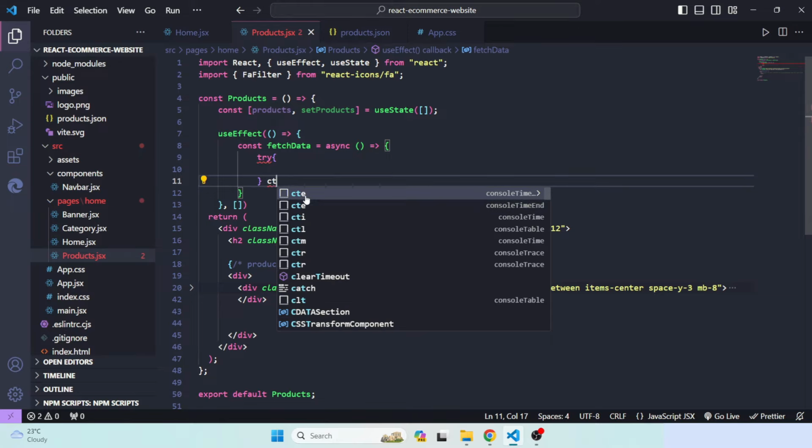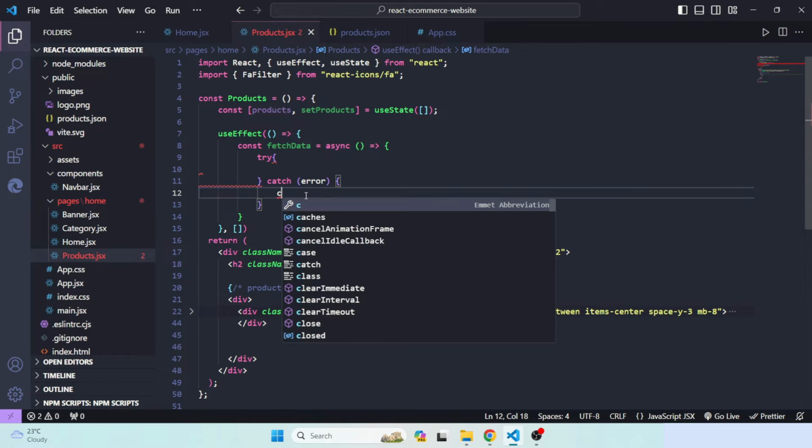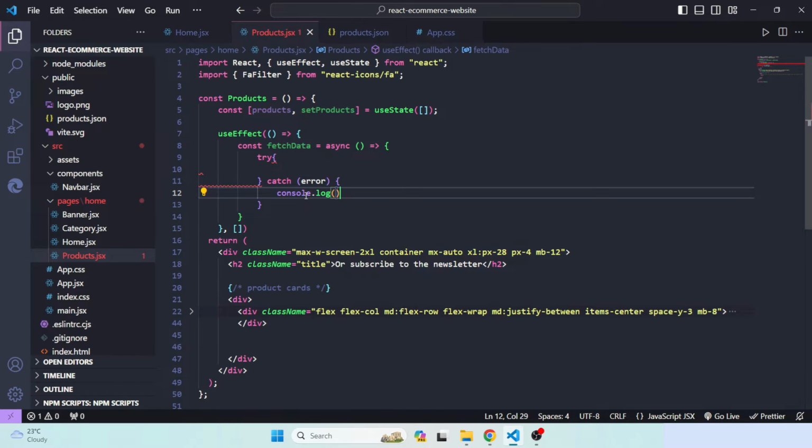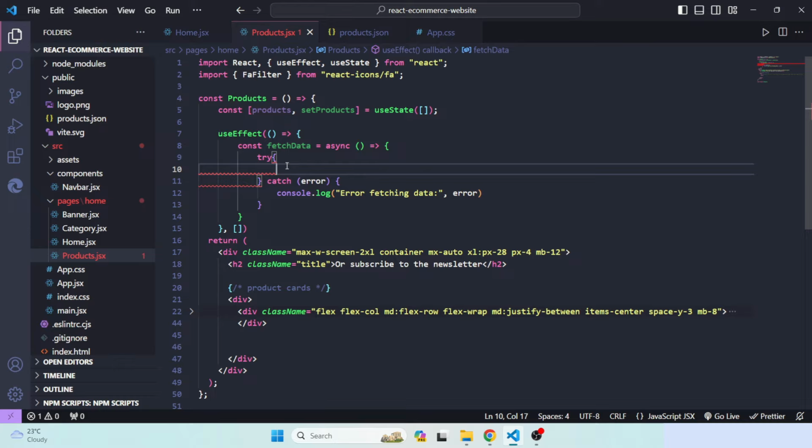The catch block will have error, then we'll define console.log and write "error fetching data", and after that we'll use a comma and just console log the error. And now inside this try block, firstly we'll define const